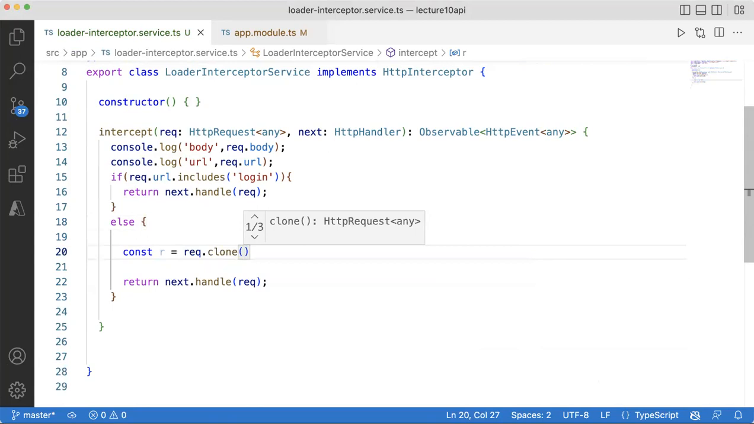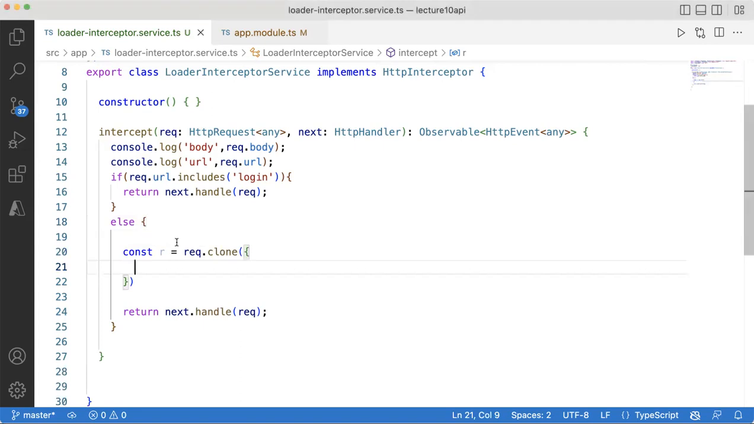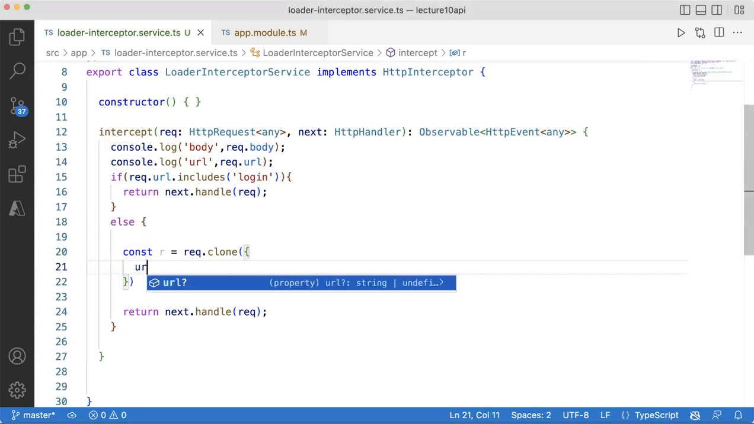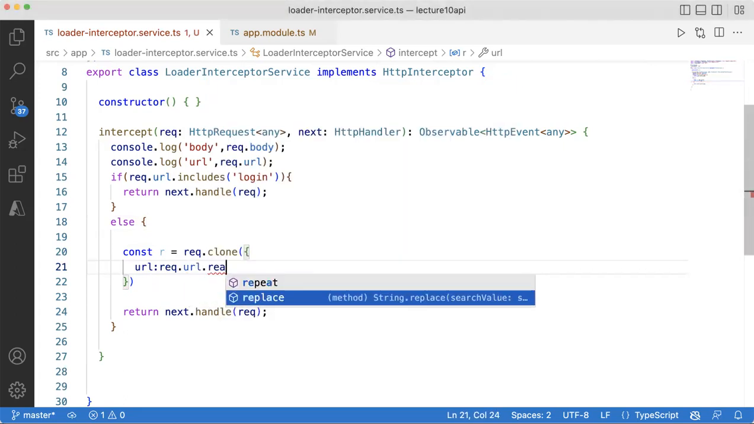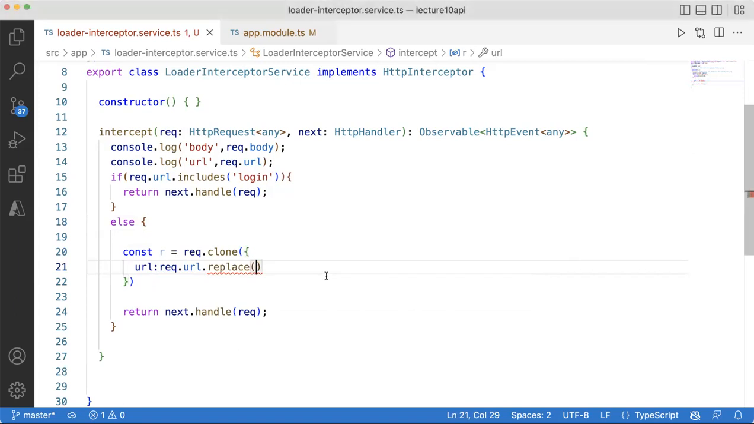Keep in mind that you have to clone the request, and in that you can do things. For example, if everywhere you are using HTTP and for a certain endpoint you want to make it an HTTPS operation, instead of HTTP you want to make it HTTPS, you can say request.url.replace, and here we can say replace HTTP with